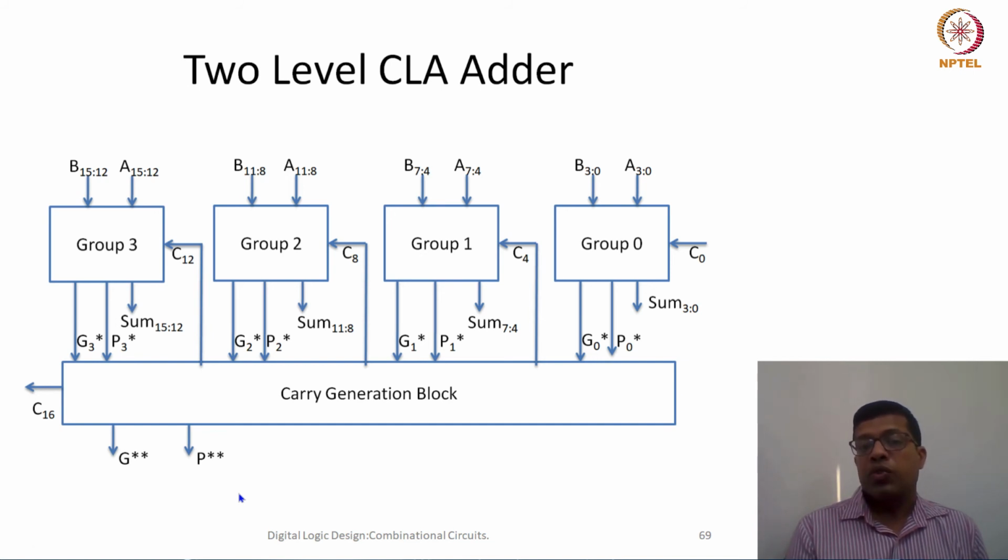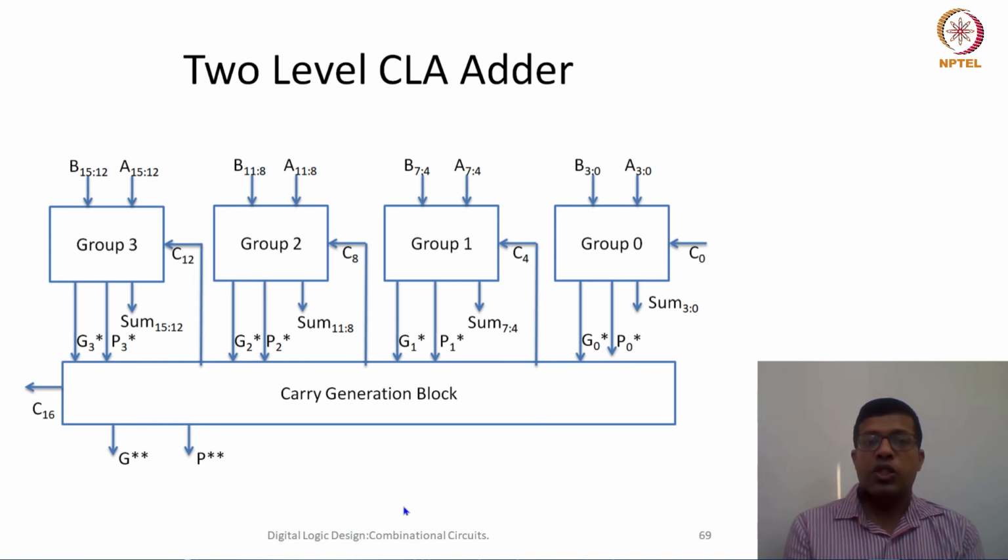If we do it this way, then the total delay of even the largest adder will not depend linearly on the size of the adder, but on the log of n. So we are creating a sort of tree. Because of this tree structure, we are reducing the delay at each particular stage.